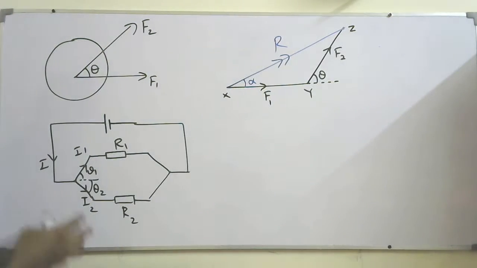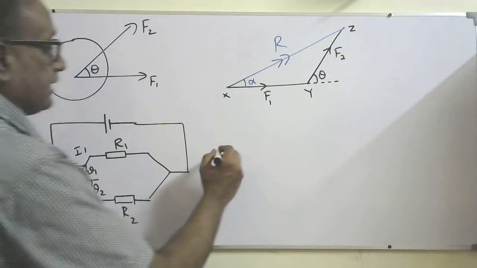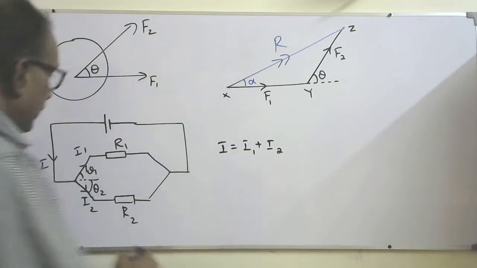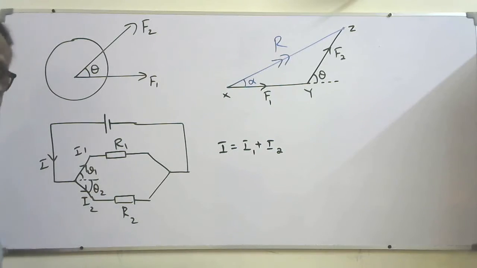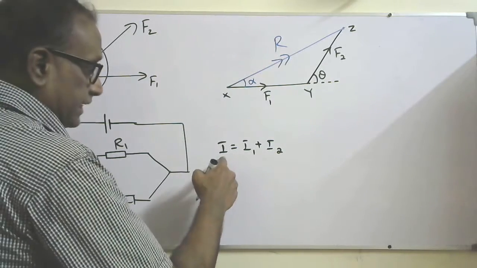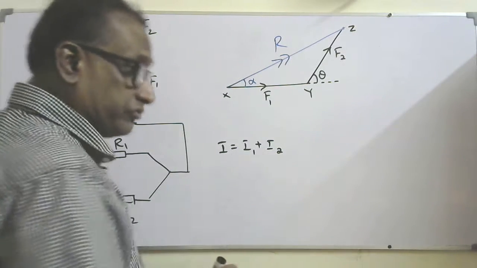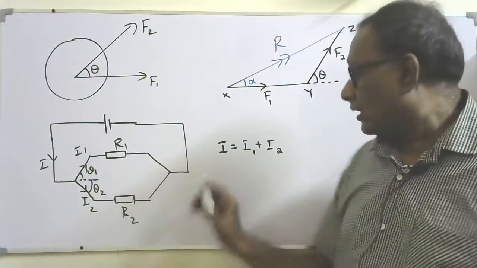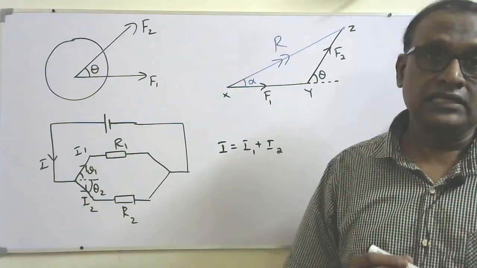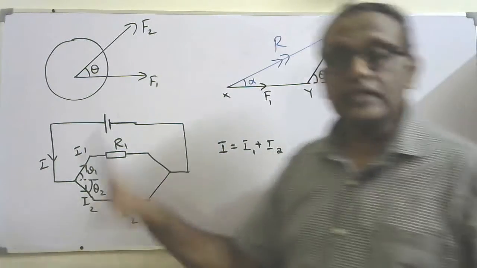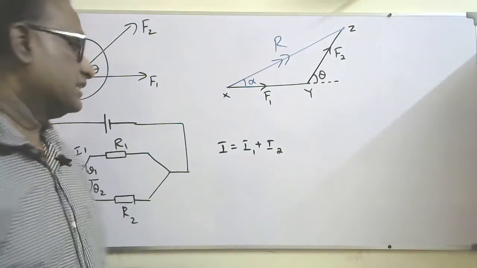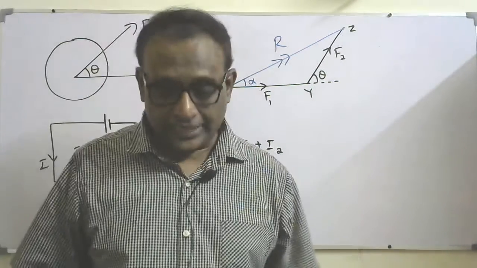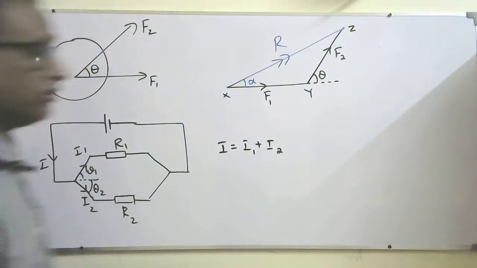But when you think about the circuit here, I know I is equal to I1 plus I2 according to Kirchhoff's first law. But even when I change the angles θ1 and θ2, there's no change in I. By keeping I1 and I2 fixed, even if I change the angles θ1 and θ2, I will not change. That means current never obeys the vector addition rule. Therefore, even though current has direction in Fleming's left-hand rule, current is not a vector quantity.